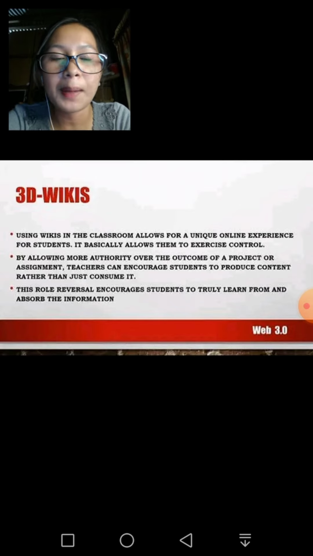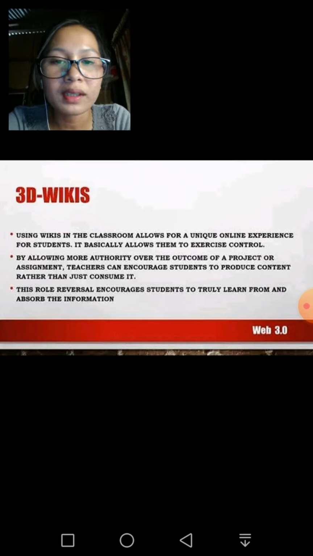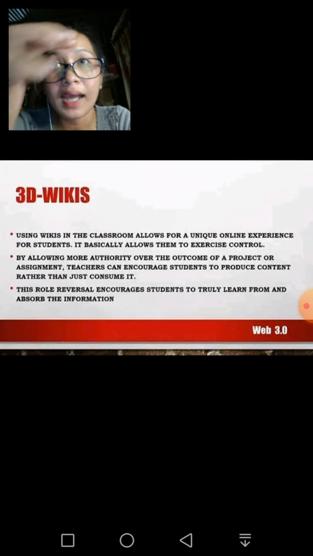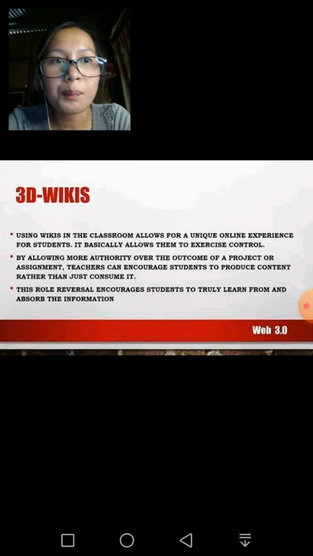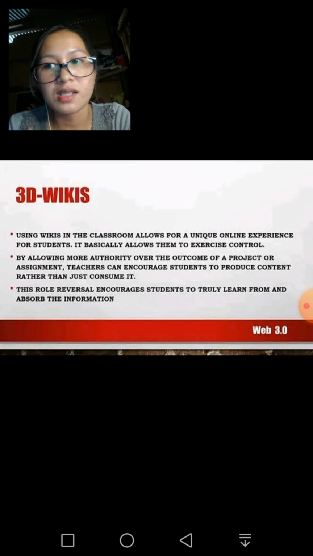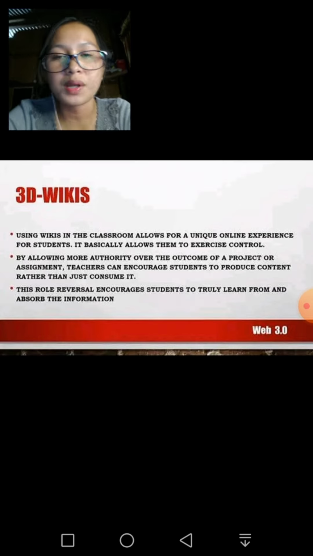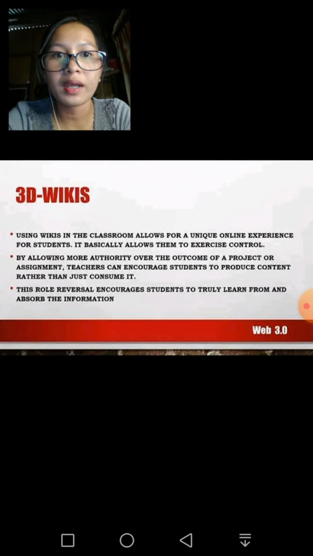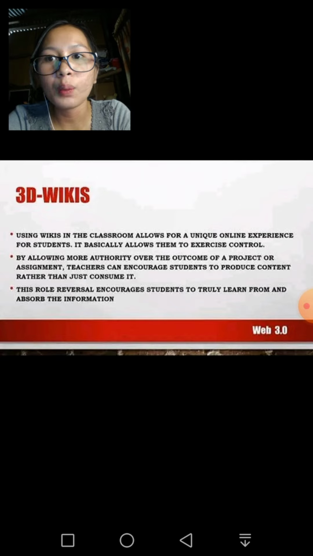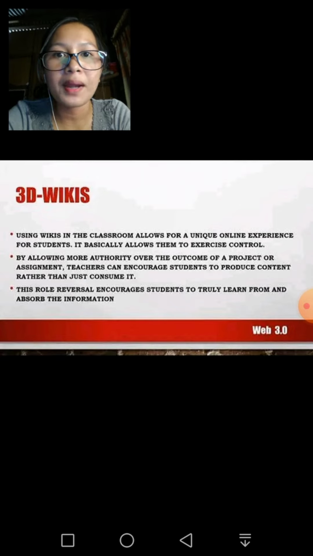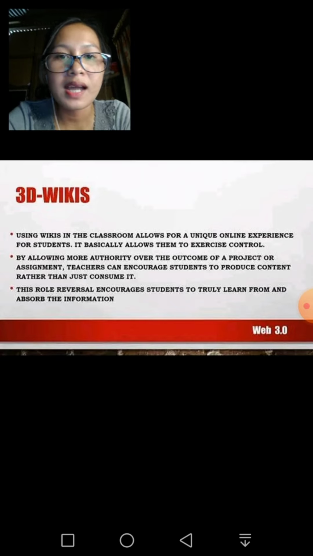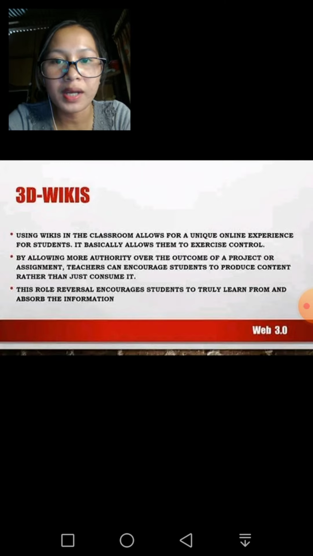Wikis are a powerful tool to support learning across the curriculum and an essential component in developing digital citizenship. A wiki is more than just a learning tool for students. It is also a communication tool for teachers. We can use a wiki to keep parents informed and post assignments and other class-related content.